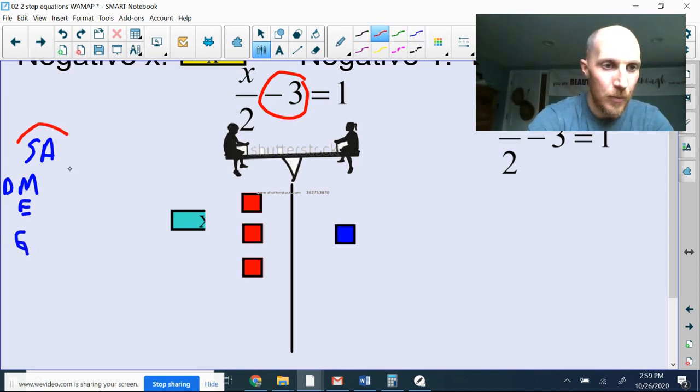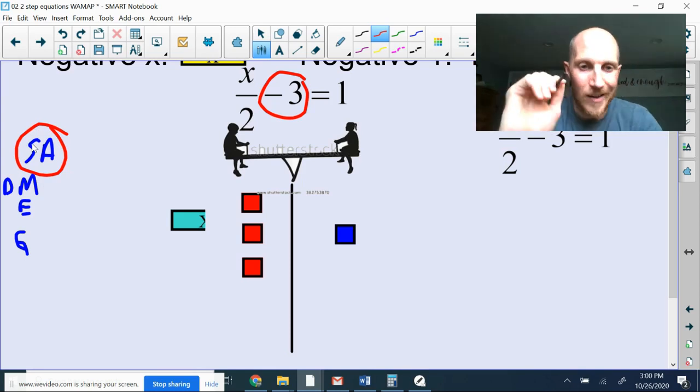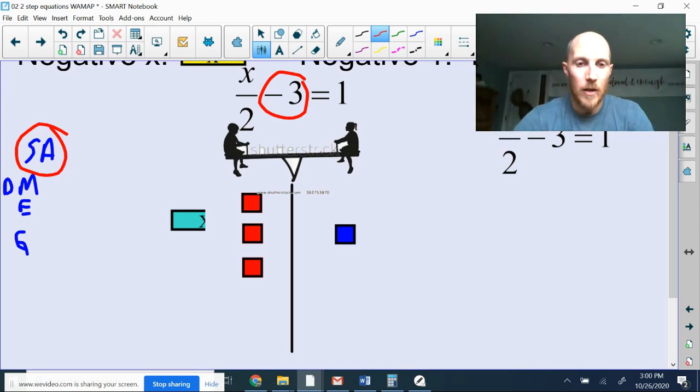I know also that I need to do that first because SADMEG is my order of operations, and I need to subtract or add first. That's what shows up first. So the red blocks, if I want to get rid of them from the left side of my teeter-totter, I'm going to have to add,